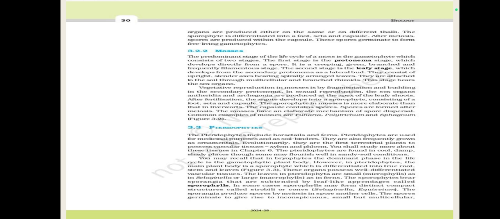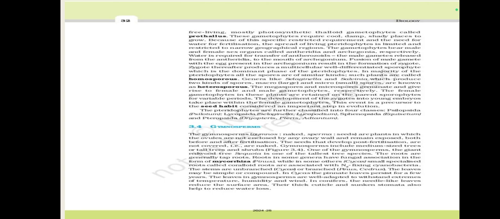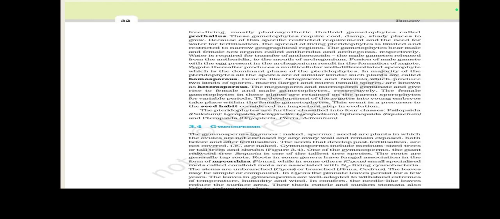In some cases, sporophylls may form distinct compact strobili or cones. The sporangia produce spores by meiosis in spore mother cells. The spores germinate to give rise to inconspicuous, small but multicellular, free-living